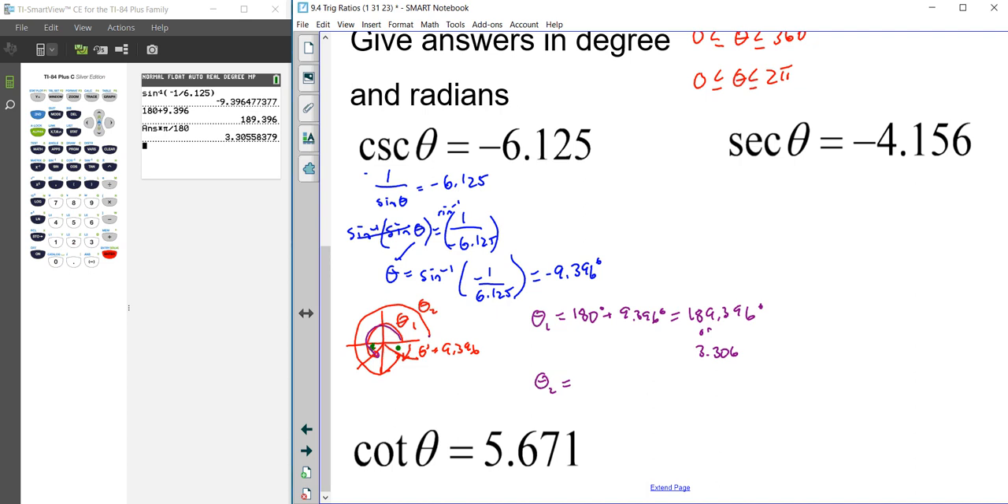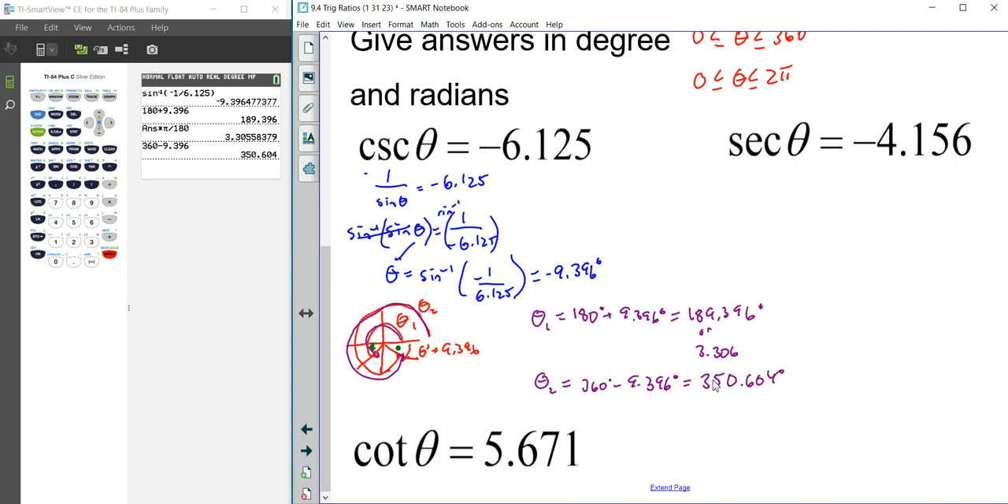you notice, is going to go all the way around here, and it's going to be in the fourth quadrant, but you notice that it's going to be actually 360 degrees, and we're going to subtract the reference angle of 9.396 degrees. So if we take this 360 degrees minus 9.396,